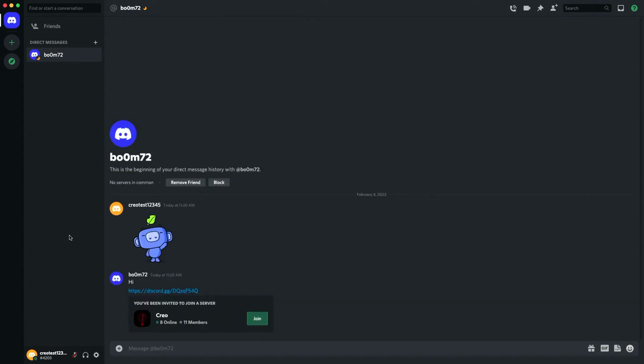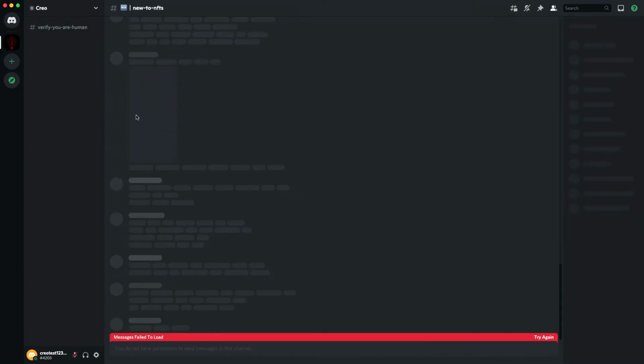So if you go to, there you go. So here's our server, Creo server. We're going to hit join. And you may think something went wrong here because now we see Creo as the server over on the left. But you might think something went wrong because it says messages failed to load. If you hit try again,